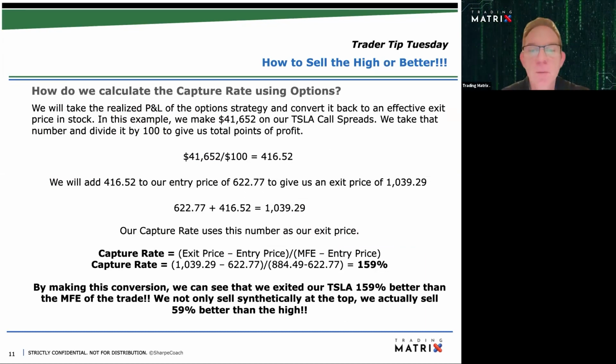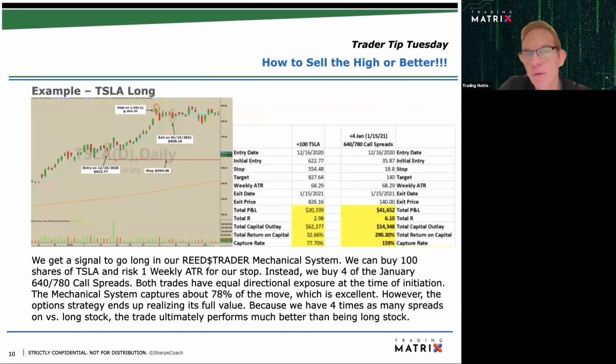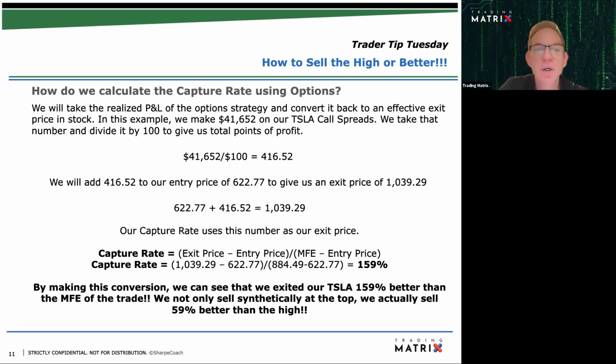So we'll work through the numbers here. It's 59% better than perfection. That's what the 159% capture rate tells us. So we go in here and break it down. We can take our $41,652 from our Tesla call spreads, and we can divide it by 100 shares. This gives us a total profit of